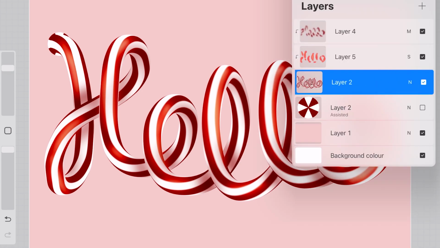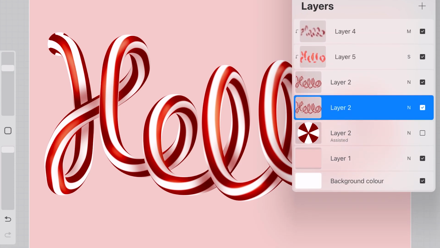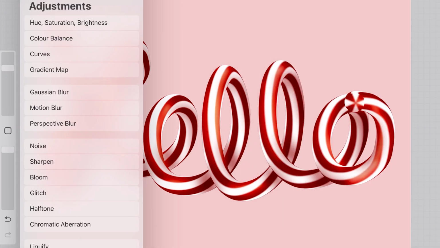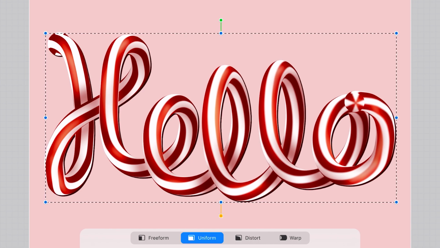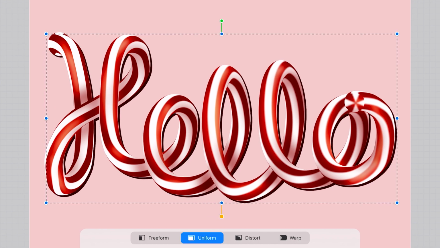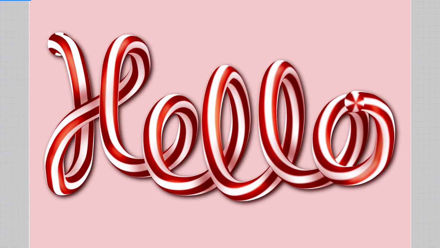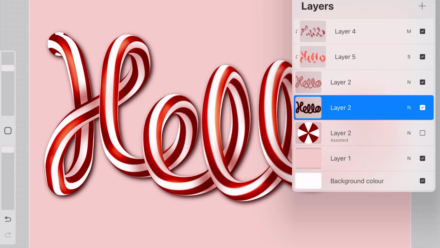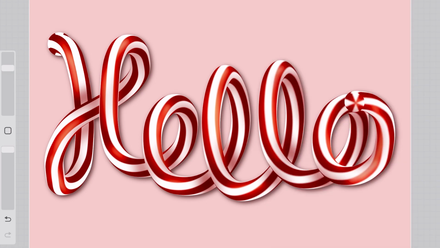Then duplicate the layer hello, and turn on alpha lock, and take the dark color and click on the fill layer, and then disable that alpha lock, and using the selection tool just reposition it a bit, and then use the Gaussian blur to give some background shadow effect and decrease the opacity. Now as we are done,